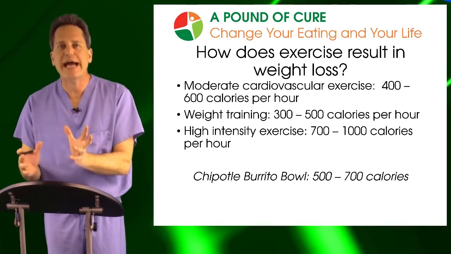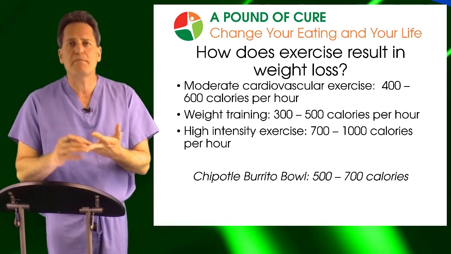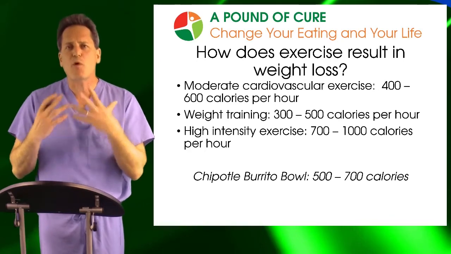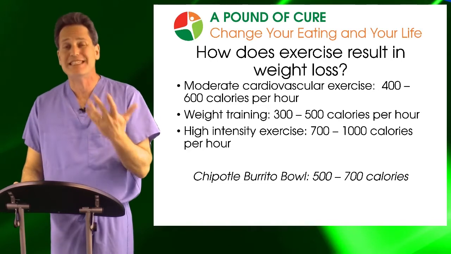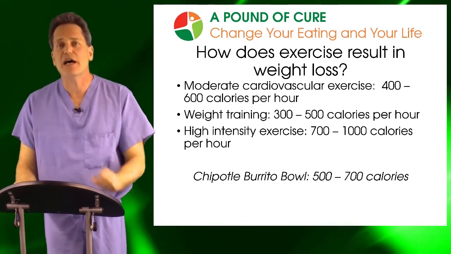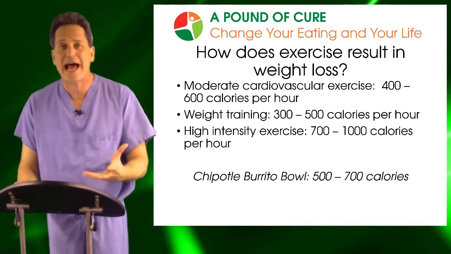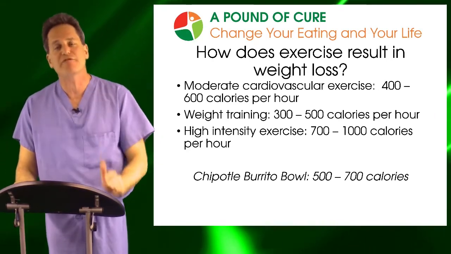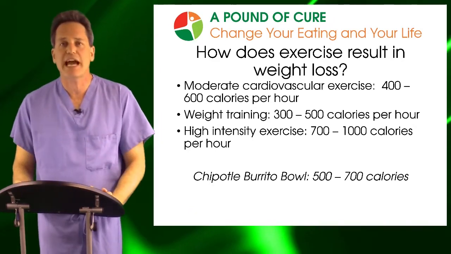If we look at high intensity exercise, this is things like singles tennis, full court basketball, cross country skiing, CrossFit, boot camp, Orangetheory, or any of these really high intensity exercise classes. We can burn up to 700 or even 1,000 calories per hour. But anyone who's ever done any of these activities recognizes that performing them at full tilt for an hour is extremely rigorous and requires a pretty good baseline fitness level to begin with, and it's not something that every patient that I see in the office is capable of.